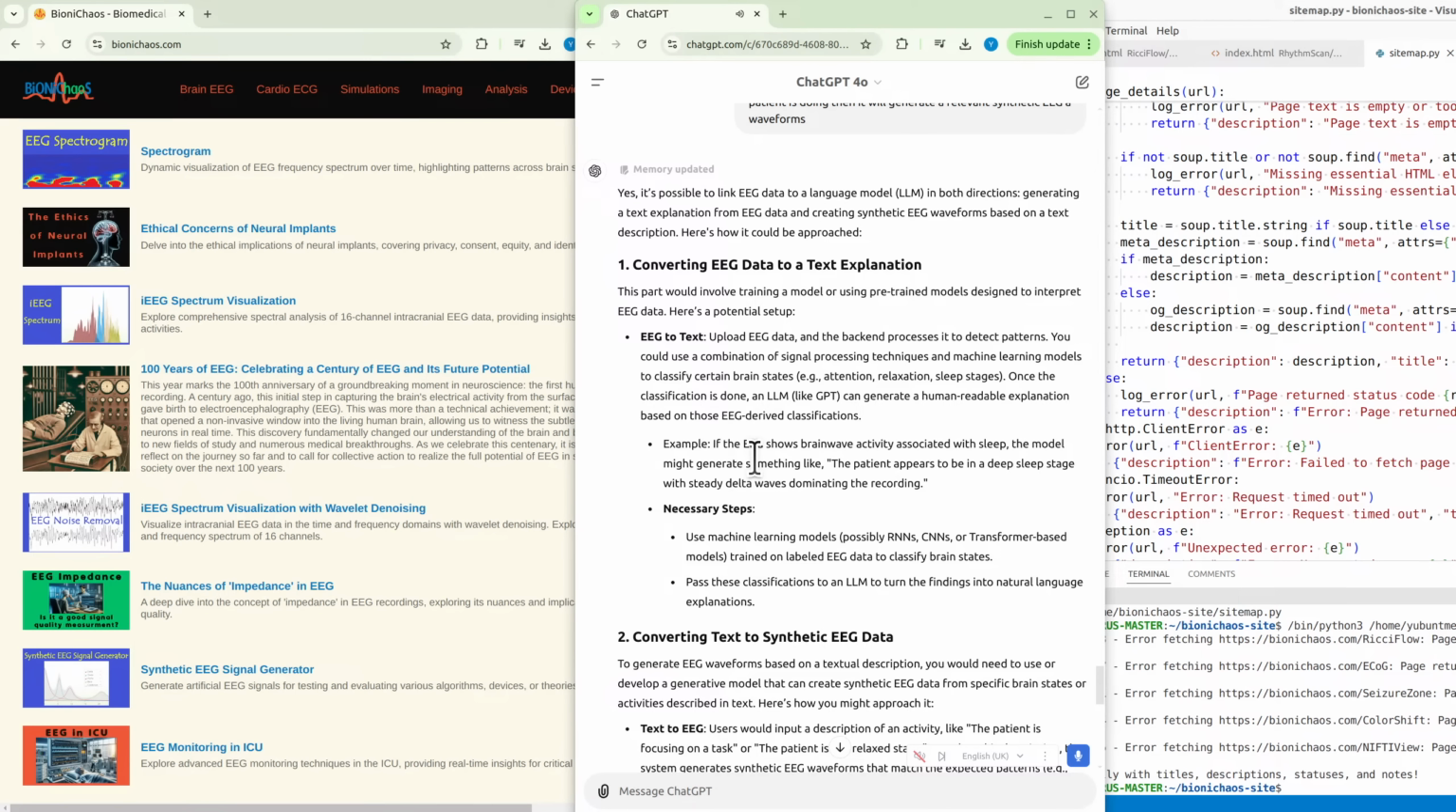This part would involve training a model or using pre-trained models designed to interpret EEG data. Here's a potential setup. EEG to text. Upload EEG data, and the backend processes it to detect patterns. You could use a combination of signal processing techniques and machine learning models to classify certain brain states, e.g. attention, relaxation, sleep stages. Once the classification is done, an LLM, like GPT, can generate a human-readable explanation based on